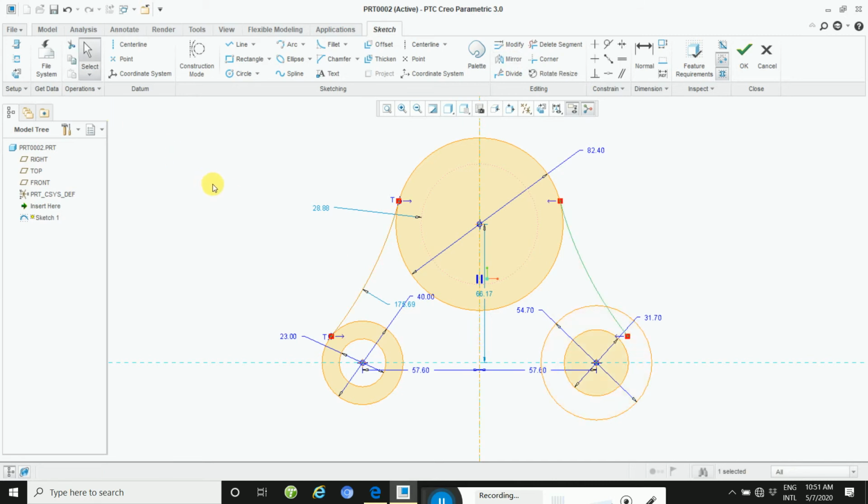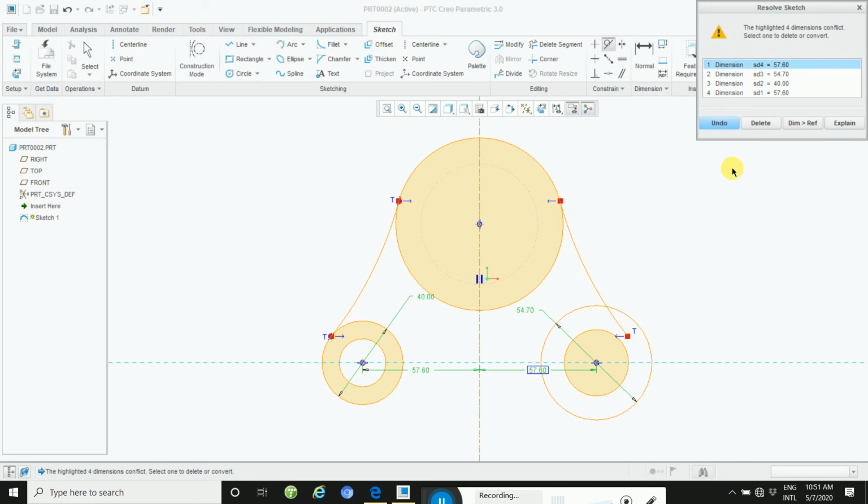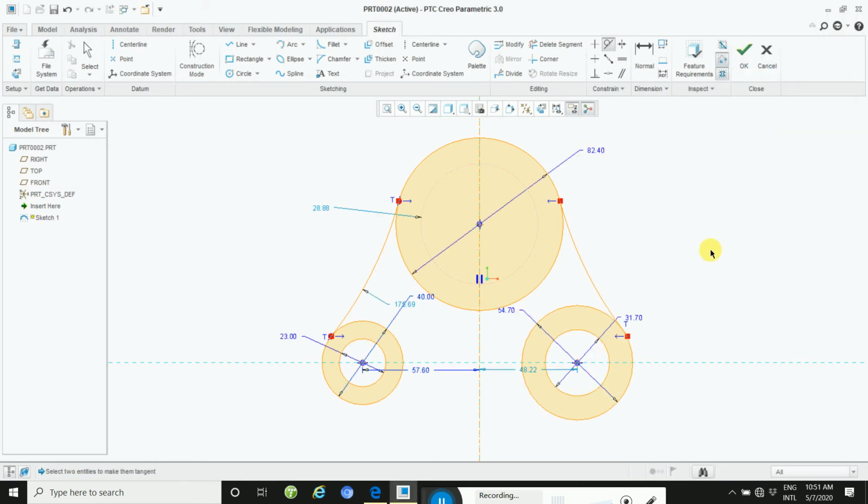Okay, then apply the tangent, first line then second. Okay, this way, and then draw this circle downward.